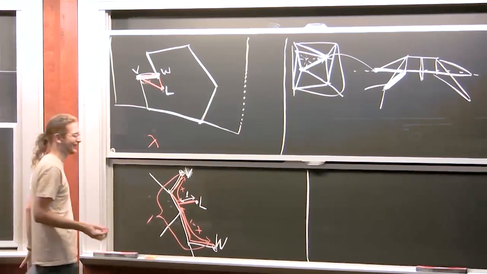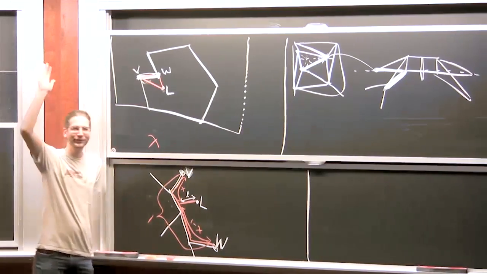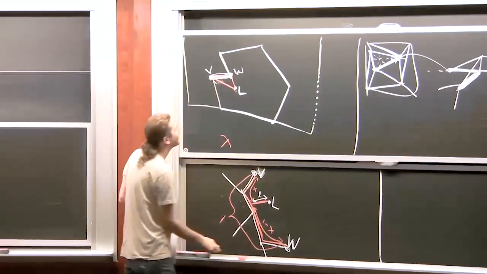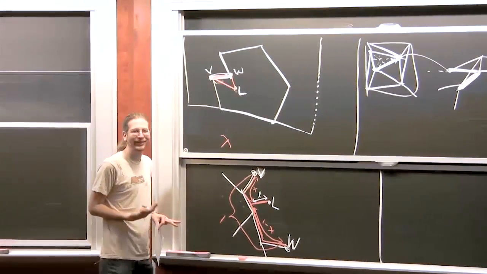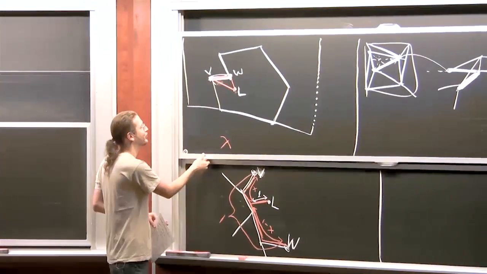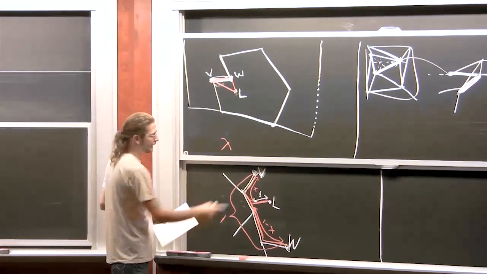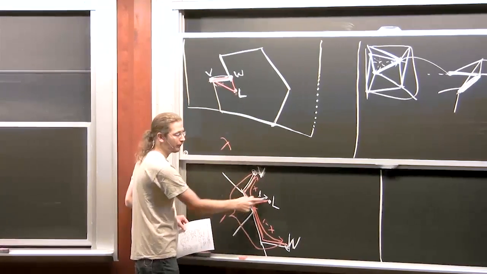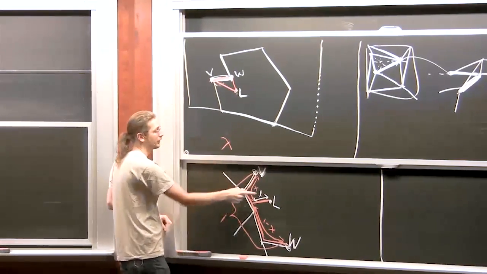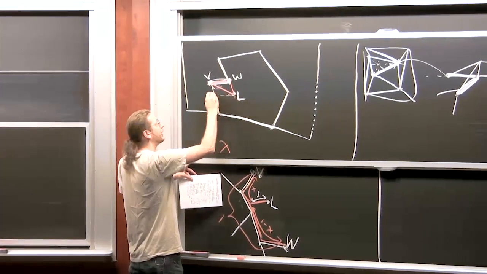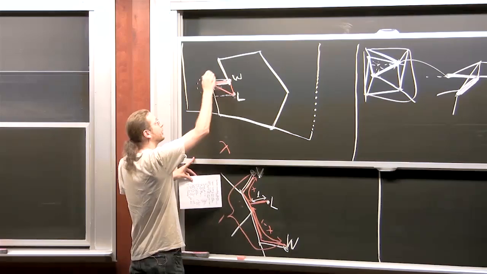Not really? How many people think this is obvious? Good. Couple, maybe. Let me give you a quick sketch. It's not that interesting, so I just want to do it very briefly. If you let X be a free parameter but fix L, little l, then what this corresponds to is, in fact, an ellipse